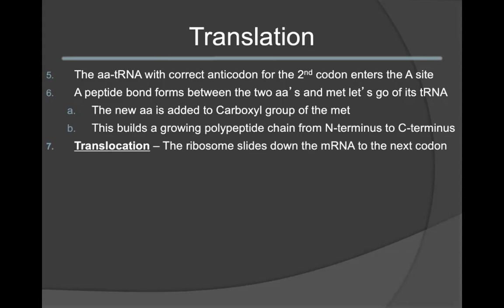A translocation event will then occur where the ribosome will slide down the mRNA to encounter the next codon. The empty tRNA molecule that has just dropped off its amino acid will now move into the E position. When it does so, it will be removed from the ribosome. It will then enter into the cytoplasm where it can be free to pick up another amino acid